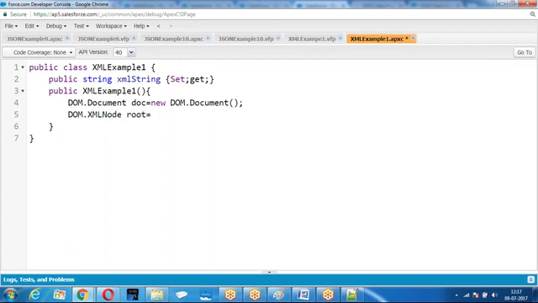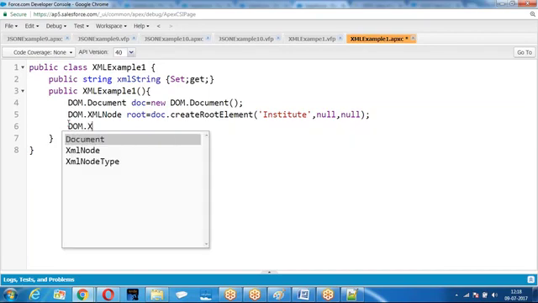How to create an element? DOM dot create root element. The root element I am referring to has a name of the element, and a namespace. This is the element. For the root element, how to add the child elements? For the root, I want to add name of the institute, place, and phone number. So I want to add 3 child elements. How do you add the child elements?